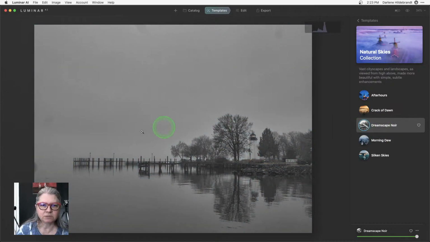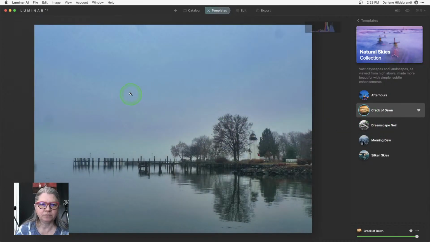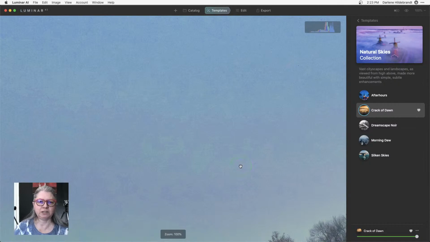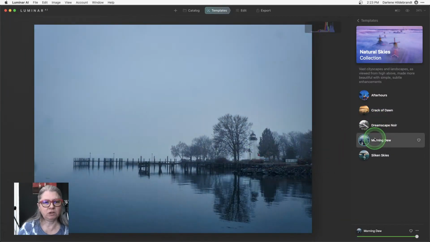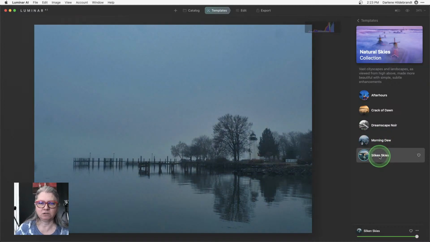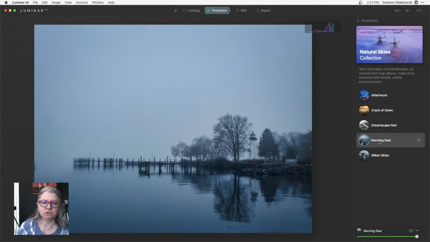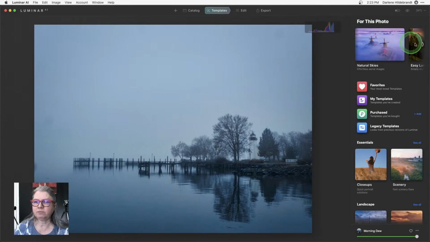Now you can see that what's happening here when I did this one, that you start to see the breakdown again, and this is because it's a JPEG, okay? So if I had the raw file of this, Blue Jay, I could do a lot more smooth gradation here. It's breaking down because of that JPEG. So knowing that, I want to try and cover that a little bit. So the Morning Dew was the one I ended up choosing because it gave me this really sort of cool look. But you could keep flipping through.